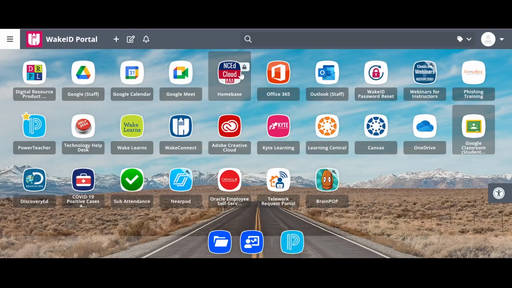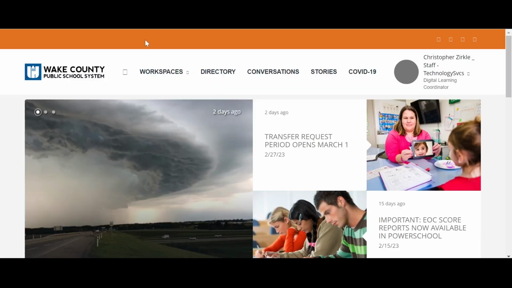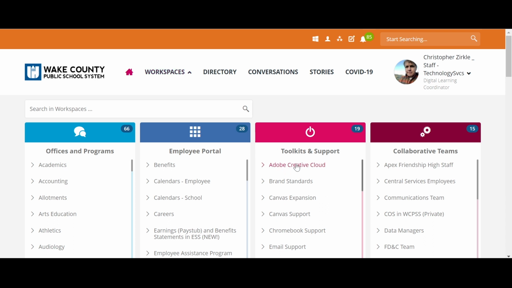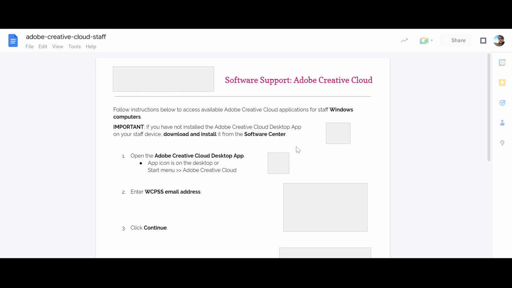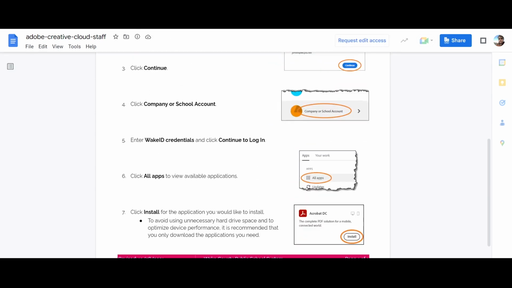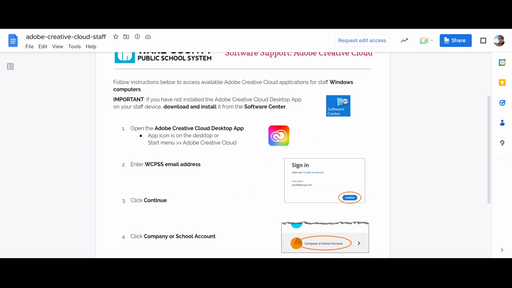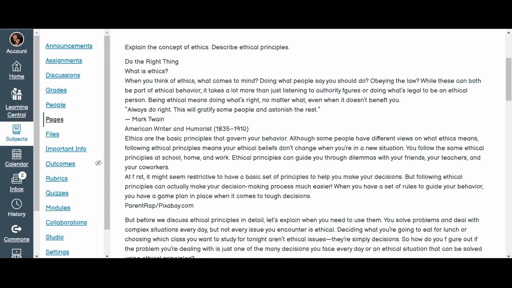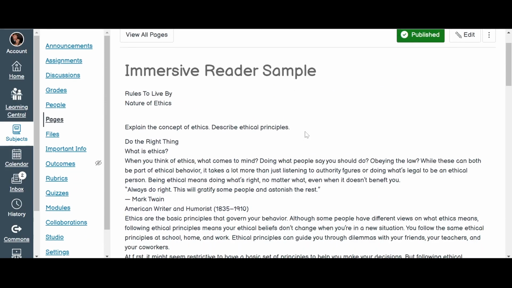If you're unaware of that, if we go into Wake Connect, and if we scroll down to, let's let this load for a second, and we come to right over here, Toolkits and Supports. If you want to get the Adobe Acrobat DC, the actual editor, a pro version, this is how you download the software. And what I did is I got a PDF and I extracted only the text out of it,